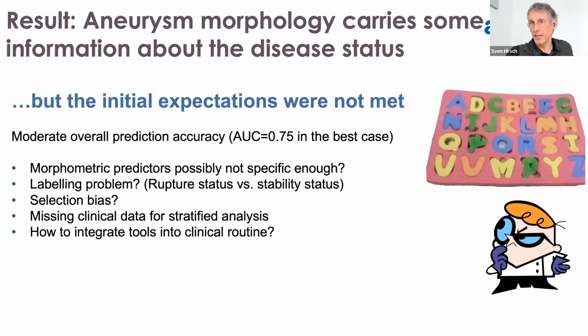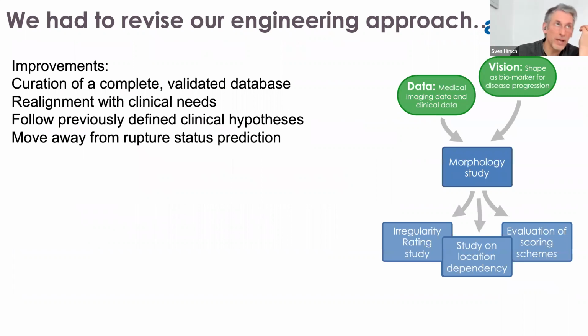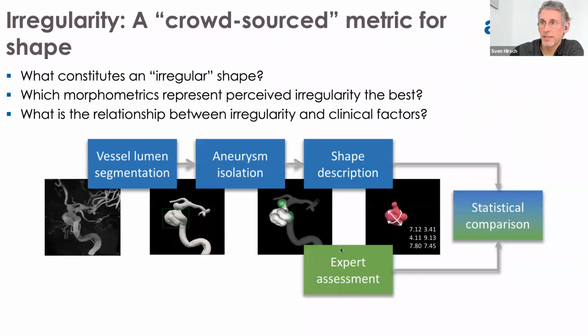Okay, so what we've seen here is, yes, there's obviously some information missing, and how can that be integrated in clinical routine? We struggled with that. So the next idea was that we have to get closer to the clinician and explain what this irregularity is, because what does it help if you have a black box machine learning model? So again, we use our pipeline, we can reuse the machine learning. But what we now do is we have an expert assessment to say, is this regular or not? And then we try to match, do we find the language for irregularity?